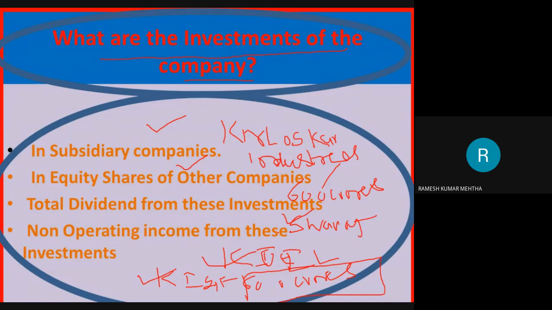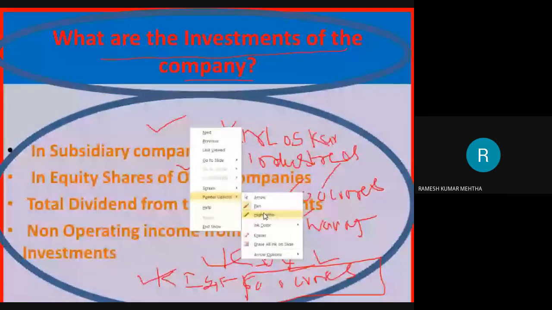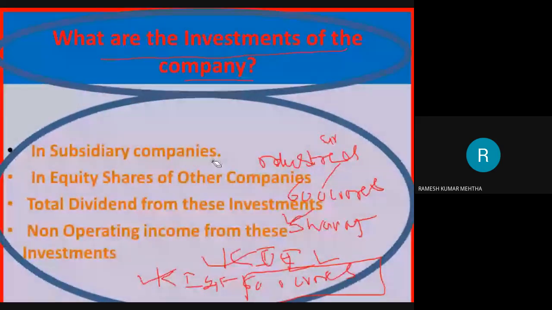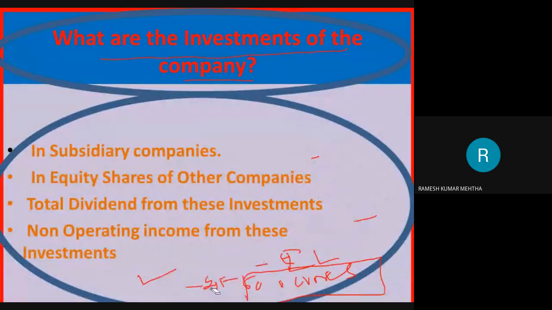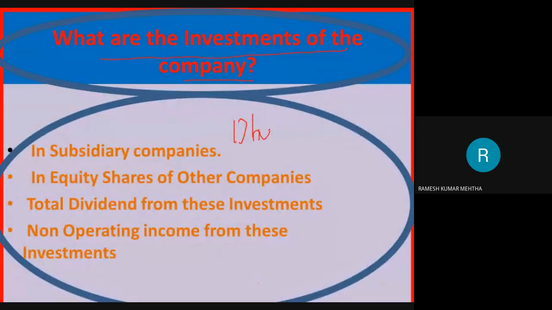So they are considered to be very good companies. I have covered some examples in the later part of my session, and we will comprehensively talk about all these things in detail. So this is the meaning of the word: the company has made investments in subsidiary companies. For example, I will give you some companies, like Dhanushri Ventures Limited.